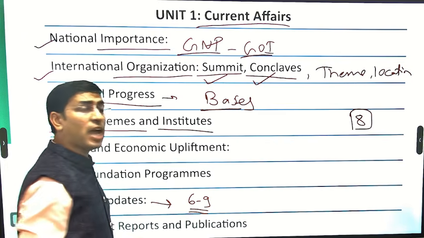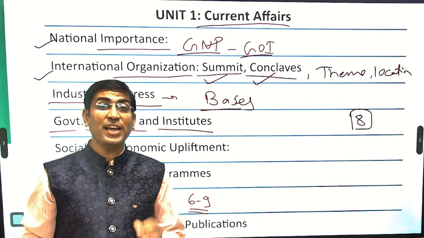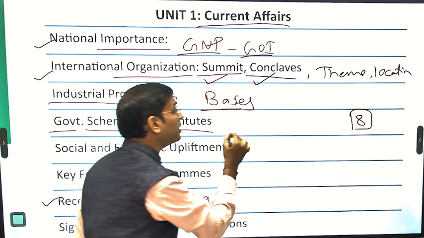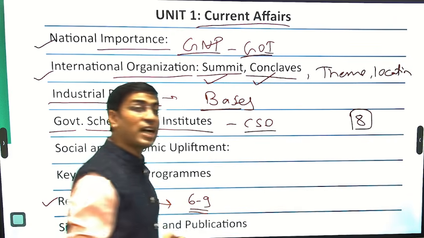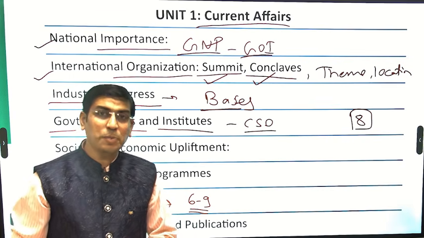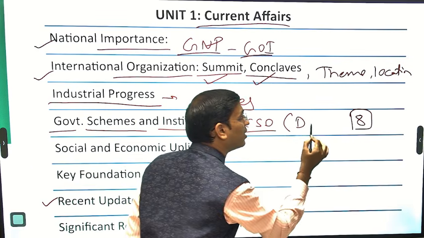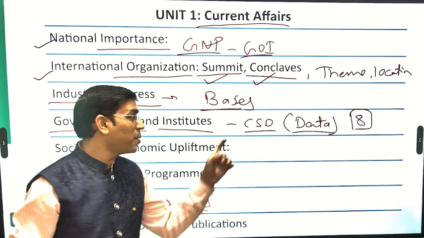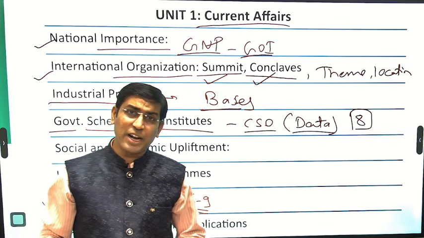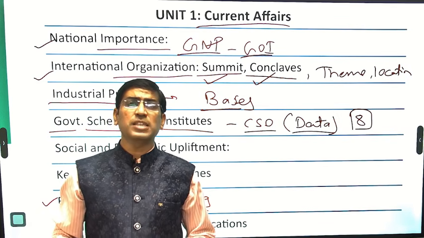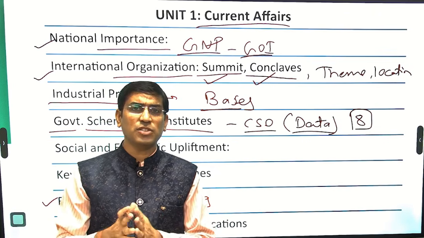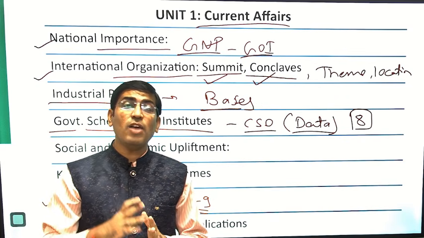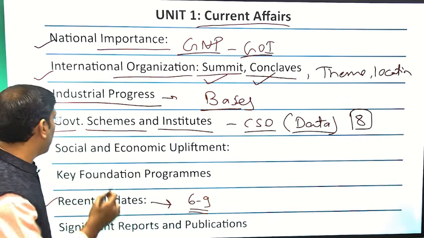Certain government schemes and institutes having national importance. It could be like CFTRI, it could even be CSO, Central Statistical Organization, which provides the most important thing in the current scenario, that is the data. The data is provided by the CSO, Central Statistical Organization. Apart from that, some of the generalized schemes, like Nanhe Farishte, the schemes provided by the Railway Protection Force. Likewise, the themes are there.